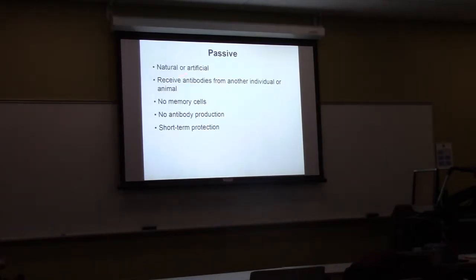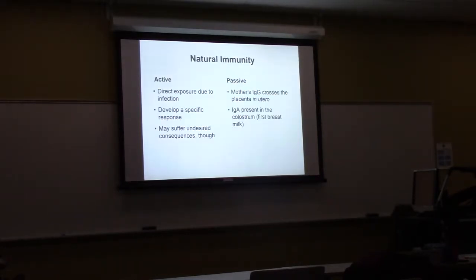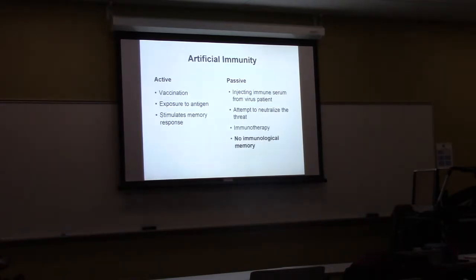Now this can also occur naturally and artificially. So natural, as I mentioned before, is getting it from mom through breast milk or placenta. Artificial is from a horse, or from another animal. So again, active natural is being exposed to pathogen and getting sick. Passive natural is getting it from mom, from her breast milk or from her placenta. Active artificial is